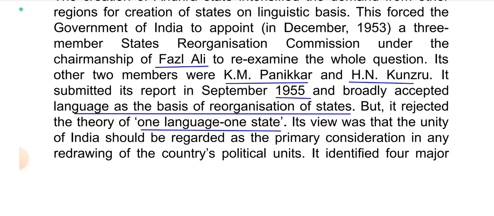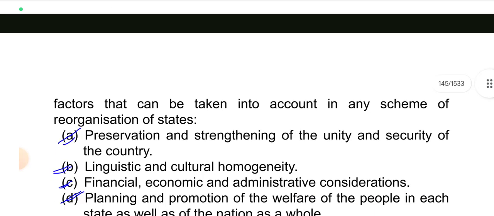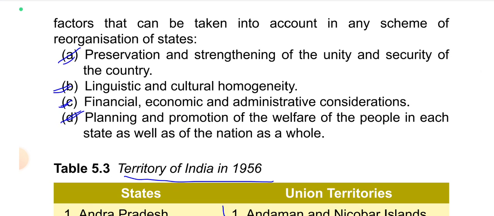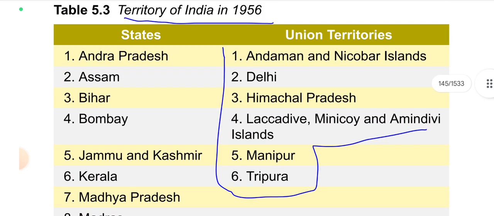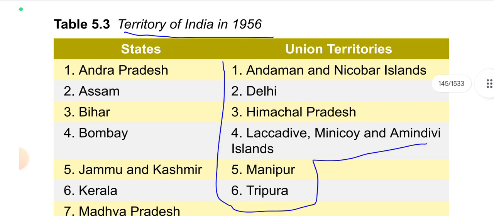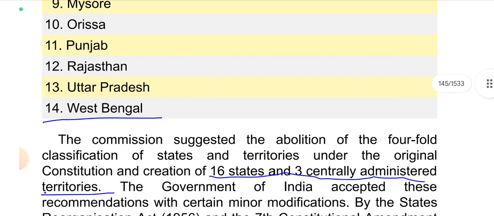Its view was that the unity of India should be regarded as the primary consideration in any redrawing of the country's political units. It identified 4 major factors that can be taken into account in any scheme of reorganization of states: preservation and strengthening of the unity and security of the country, linguistic and cultural homogeneity, financial, economic and administrative considerations, planning and promotion of the welfare of the people in each state as well as of the nation as a whole. ठीक है, अब देखो स्टेट्स एंड यूनियन टेरिटरी बने थे, टेरिटरी ऑफ इंडिया इन 1956, इसका भी कुछ